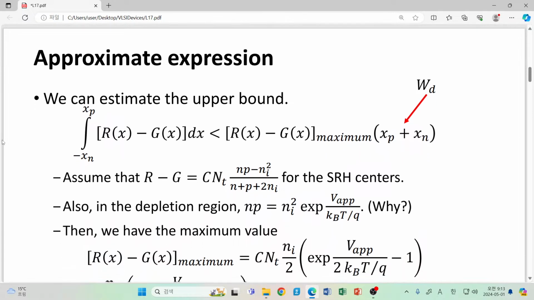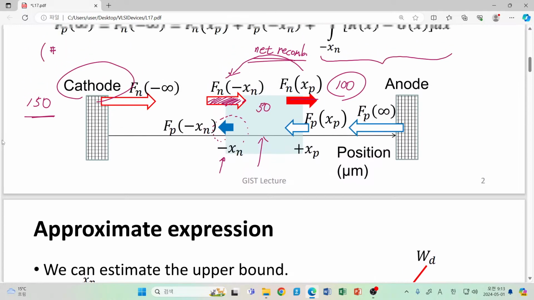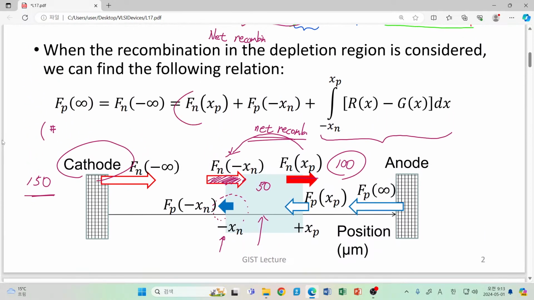So now we understand. This quantity and this quantity can be well quantified, and we have already done it. Everybody now understands it has the form of exponential of our applied voltage divided by thermal voltage, minus 1. That is the form of our current component originating from this Fn and Fp. Now our remaining task is actually